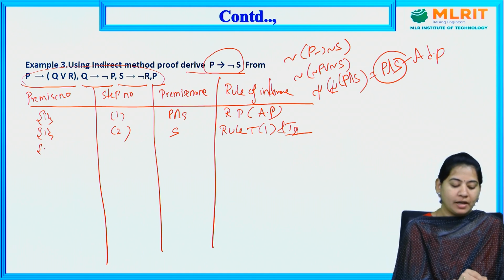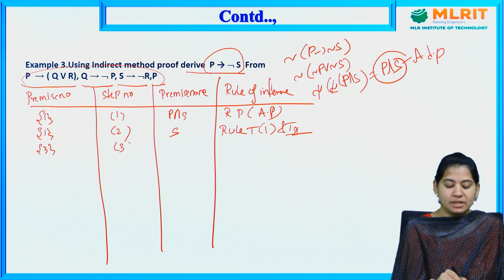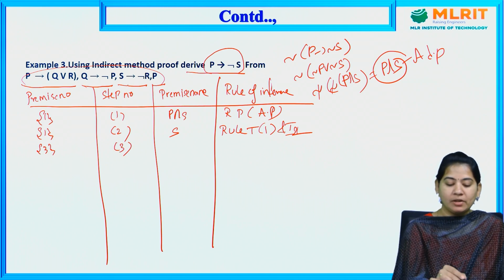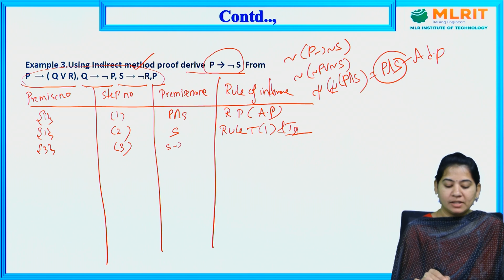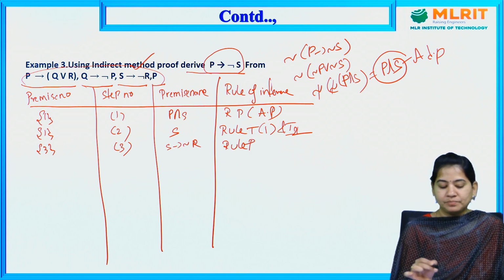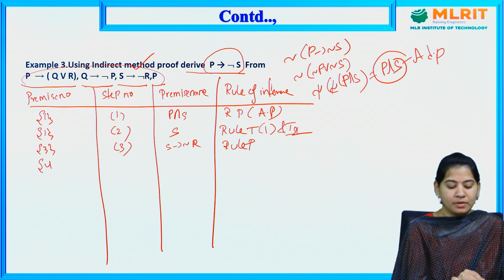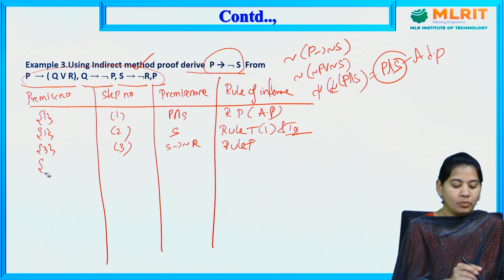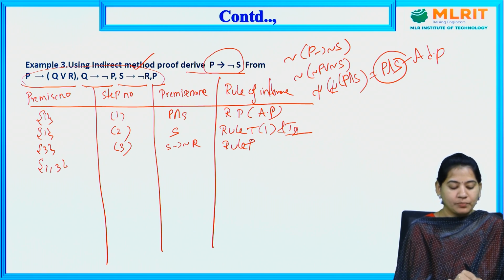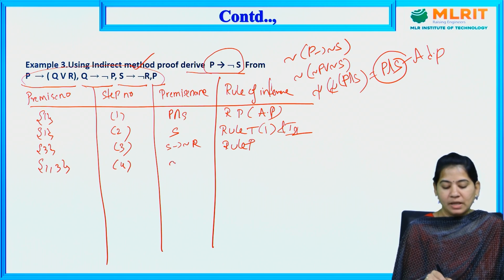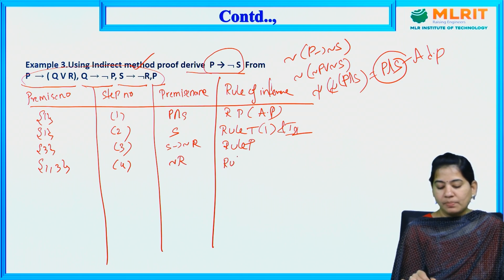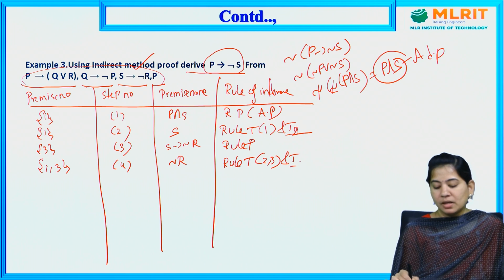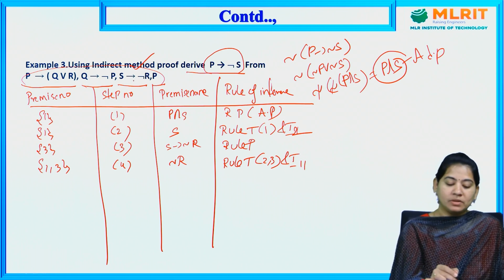So next we have premises number 3, step number 3, and premise name you can include it here. We have the connection S implies negation R. So then this is called rule P. Now S comma S implies negation R, that is nothing but here 1 comma 3 you can write it, and step number is 4 and negation R, which is called rule T. Step numbers are 2 comma 3 and which is the I11 formula. Now this one is done.